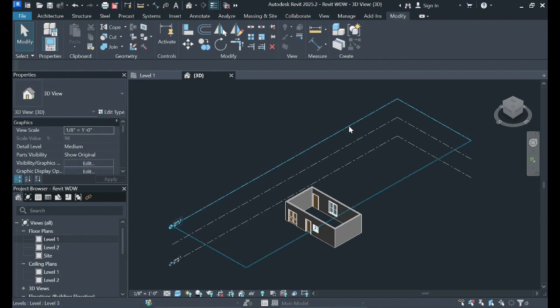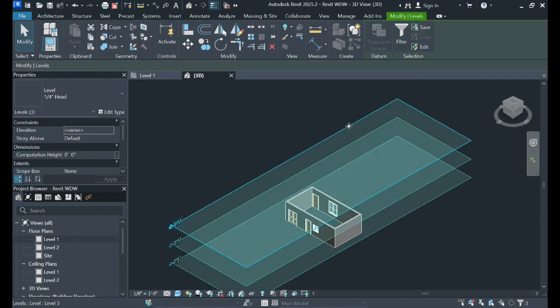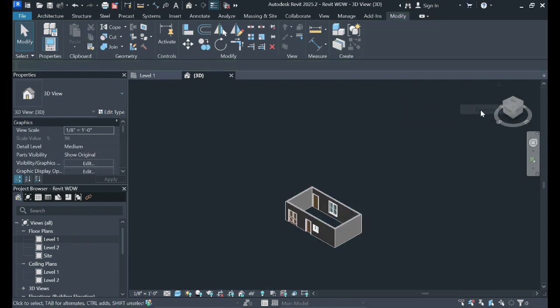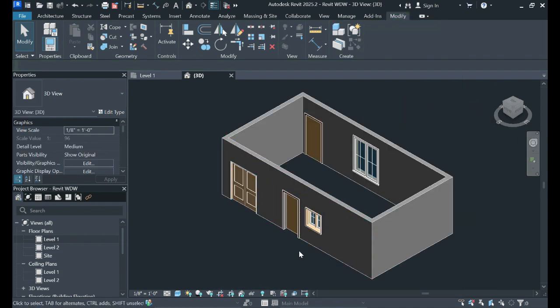We can hide these elements. Just click one and press SA. Now right click and hide in view, elements. So we can see easily now. Okay, just click on level 1 again,